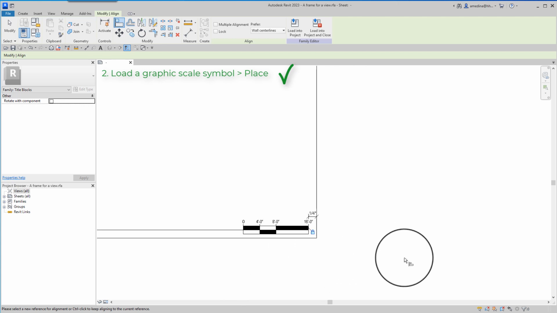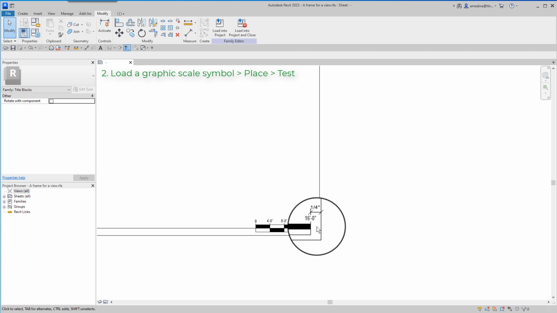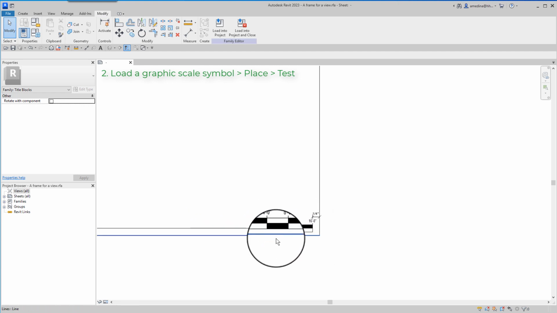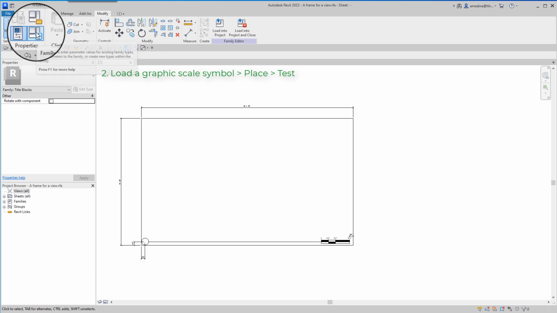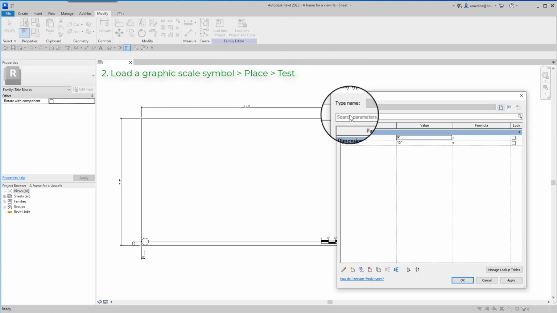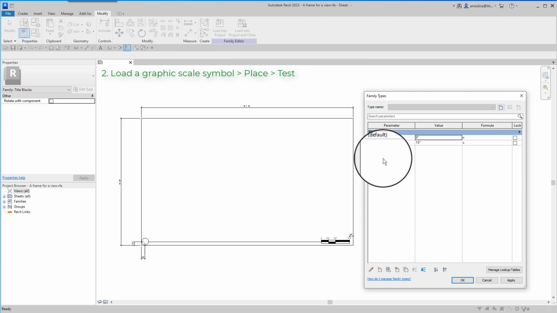We need to make a test before we proceed to see if this family is going to move along with the frame, if the frame is wider or narrower. So let's do that test. Family types, and what happens if the width is 8 inches? Click apply.